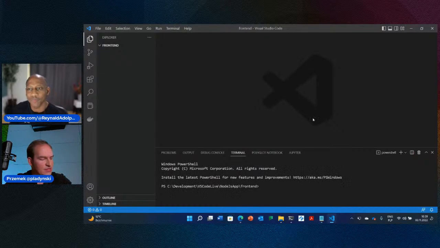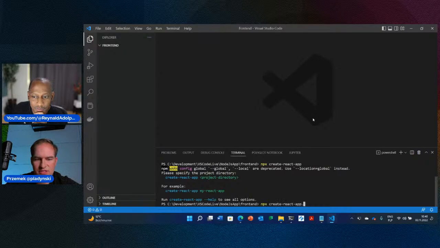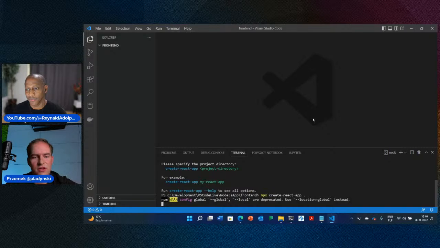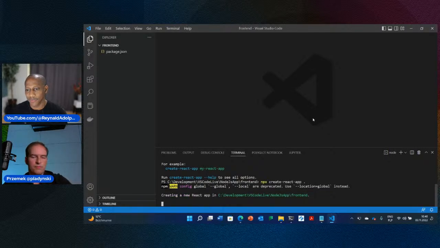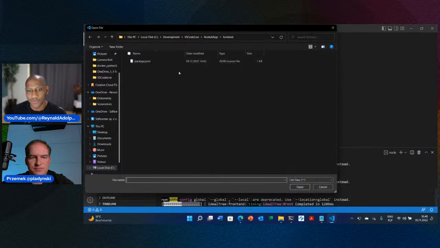So right now, if we go to the npx create app, we'll create a front-end application in React. Oh, sorry, I missed the location. I want it to be created locally in this folder. In the meantime, I will open my snippets.